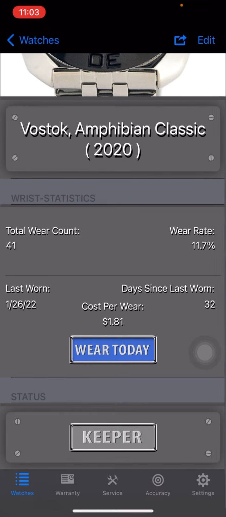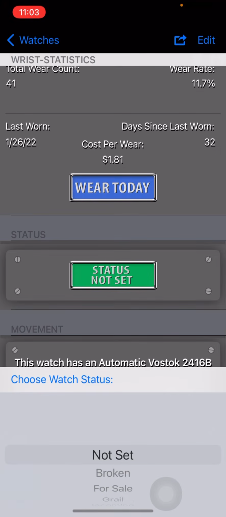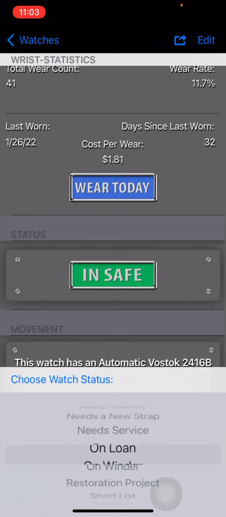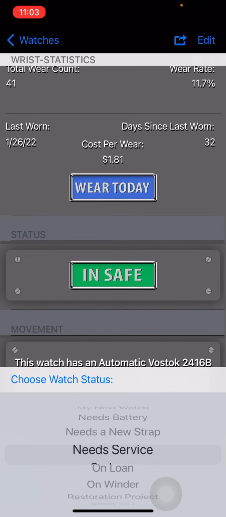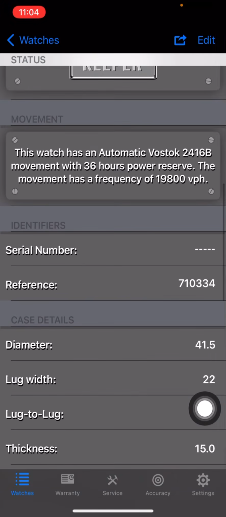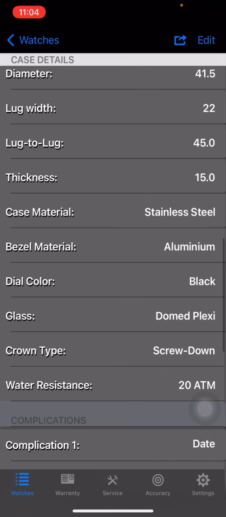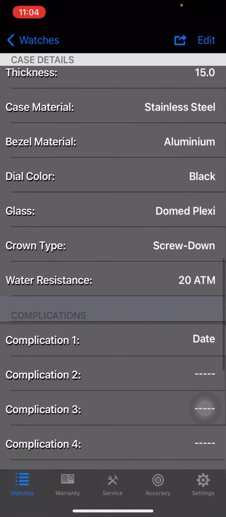So that's pretty cool. Then you can mark its status of whether it's a keeper or broken, for sale, grail, incoming. You see all the different selections. So there's different statuses that you can select for each watch. It tells you the details of the movement here. You've got serial number, reference number. You can go into the diameter, case thickness, what the crystal is made of, what the case material is made of, all kinds of different details, the crown type, water resistance,